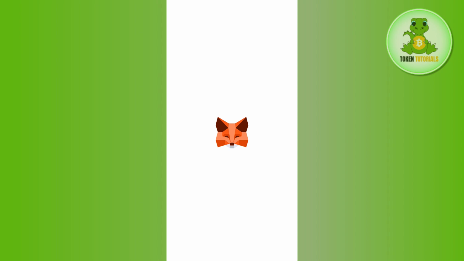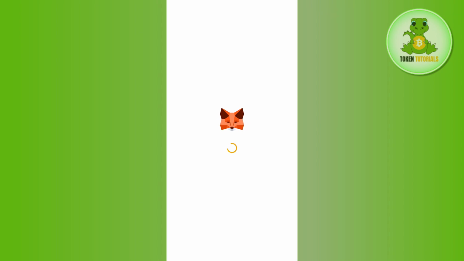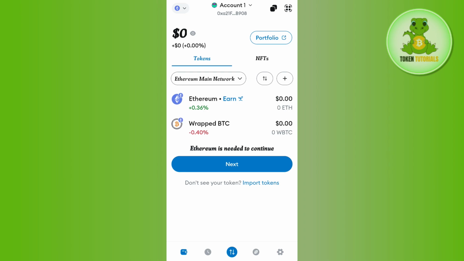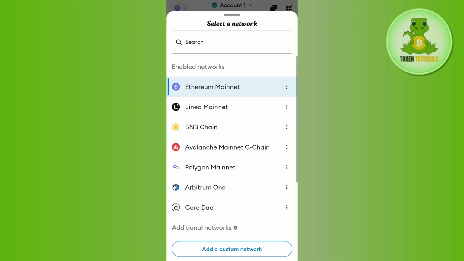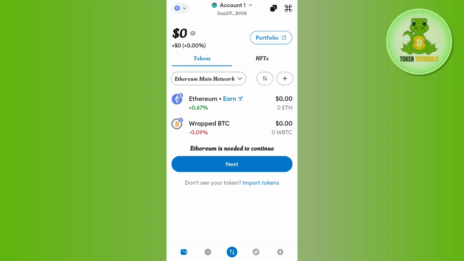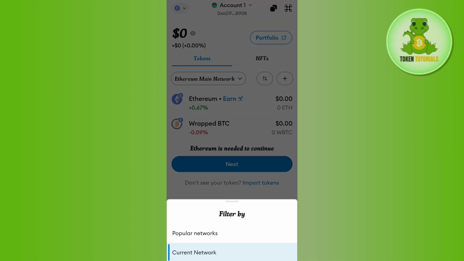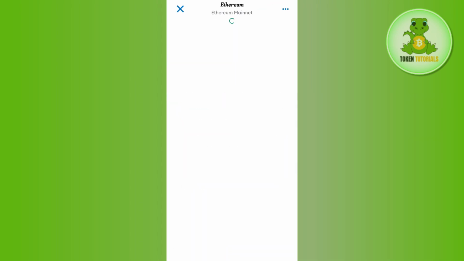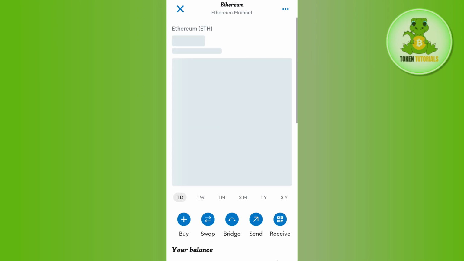So you need to simply open MetaMask and then you need to select the Ethereum main network. Now in order to check it, you just have to simply tap on the top right hand corner of the screen, and this is basically your Ethereum main network. You will also be able to see it over here like this. You will see Ethereum over here, so you need to simply tap on Ethereum,